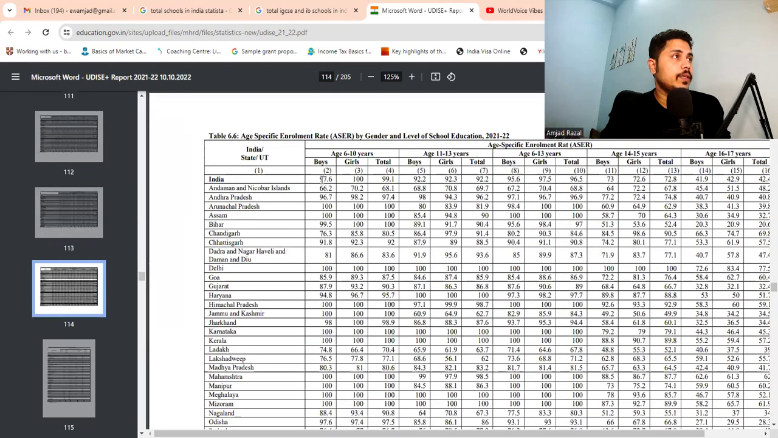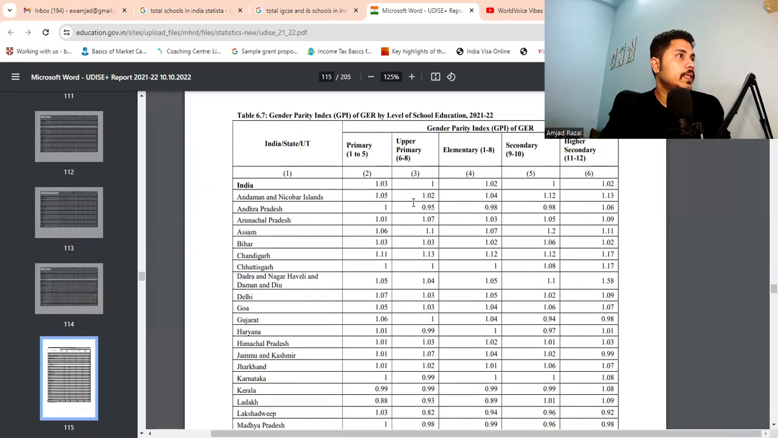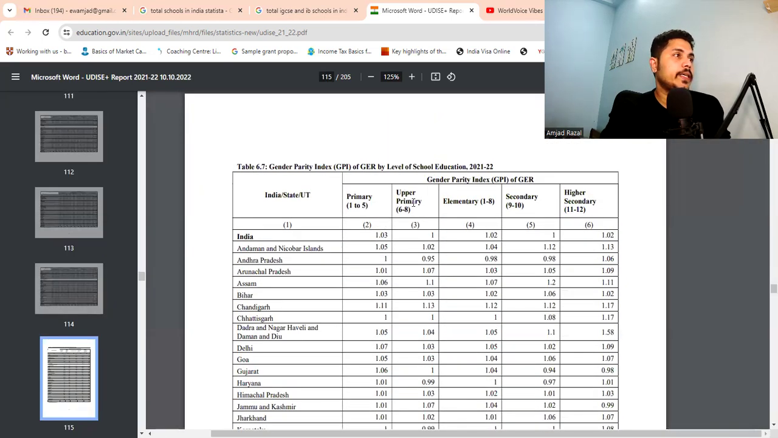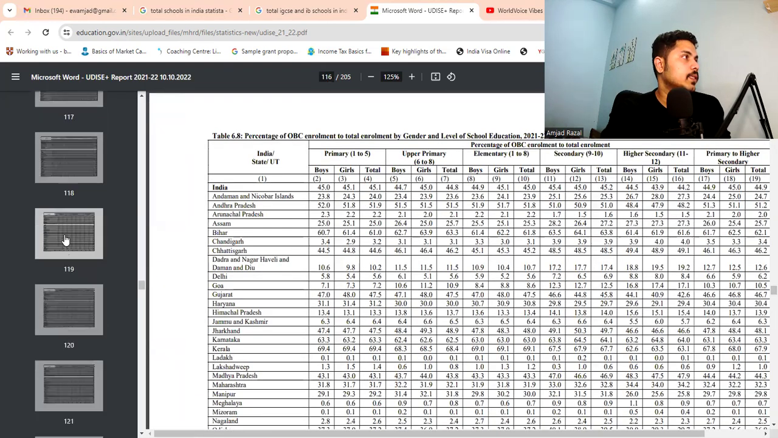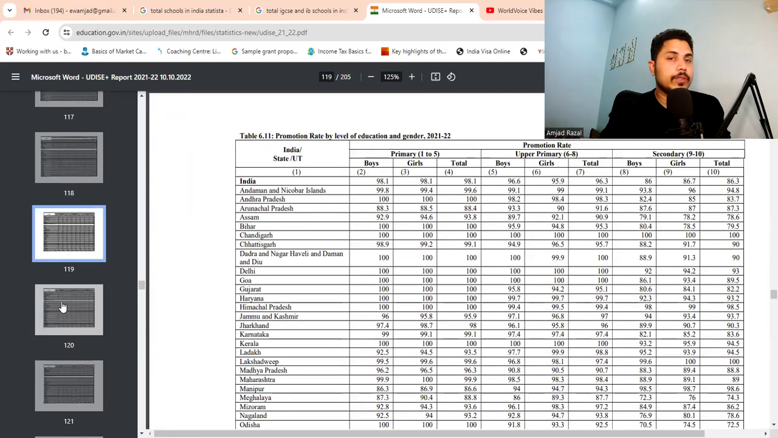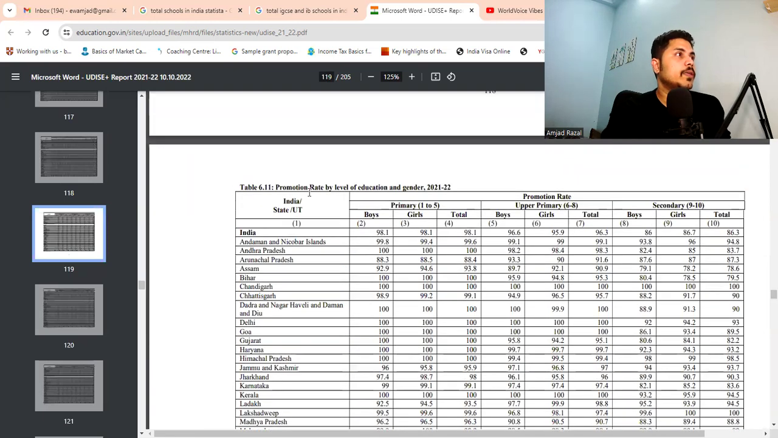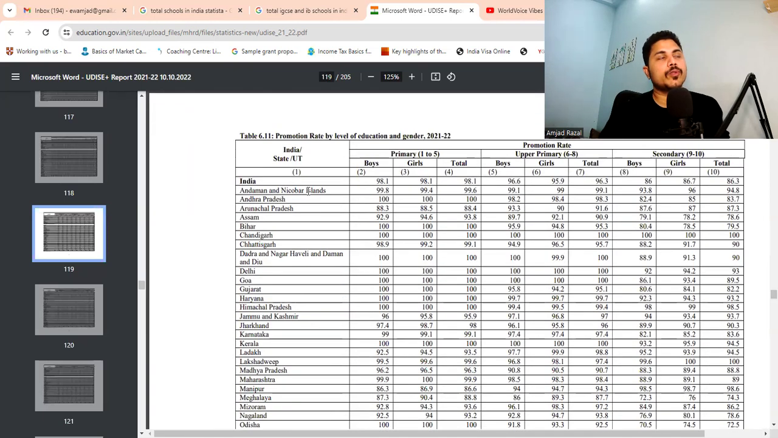Okay, if we see here the percentage, then this is gender parity index. Then we have percentage of OBC and other backward classes, scheduled tribes, scheduled caste, and any other caste that we have, and the promotion rate,